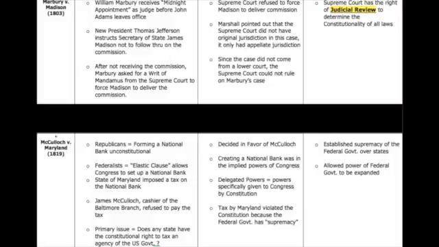Now, they don't use this power very often because it's essentially a power they gave themselves. But this power of judicial review has greatly affected events in American history that we're going to be covering later on in the course. So if you forget everything, don't forget Marbury versus Madison.